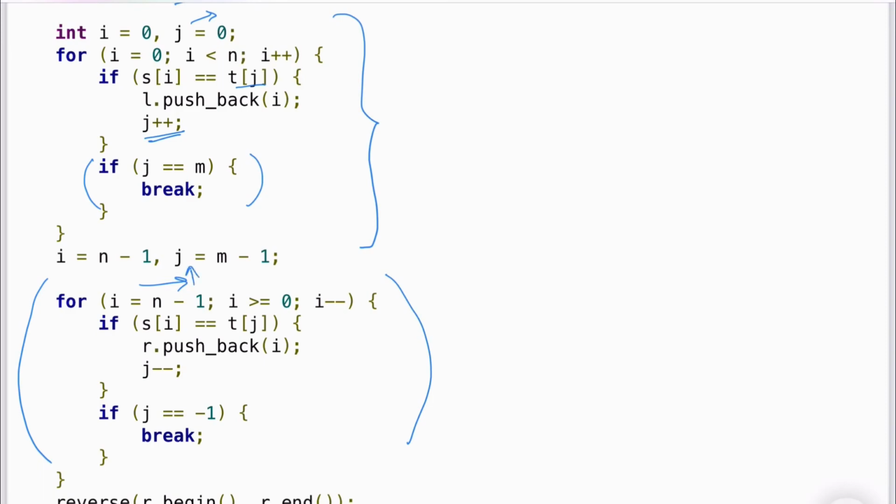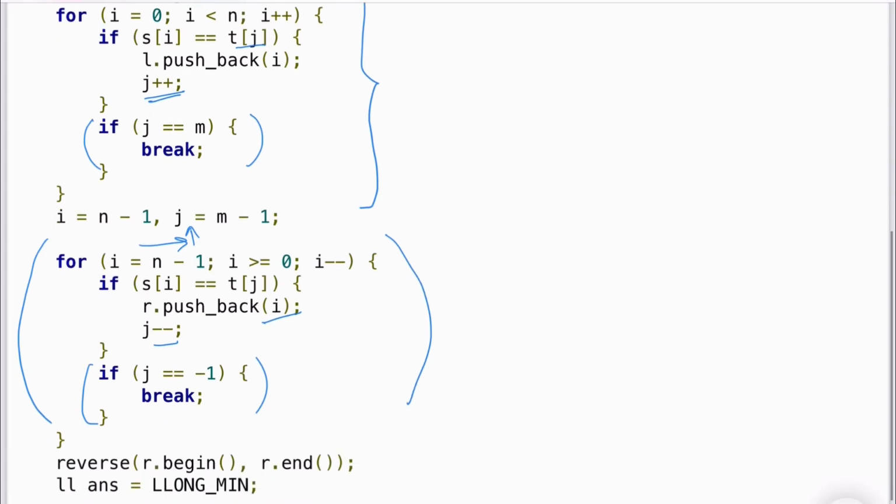Similarly J here keeps track of the element in string T that we are currently trying to find, and we find the nearest element from right going towards left, and as soon as I find it, I push its index into the vector, and then I decrement, that is I move on to the next element from right to left in string T. And similarly this condition is to break out when I'm finished traversing all the elements of T, that is I have finished finding all the elements of T as a subsequence in string S.